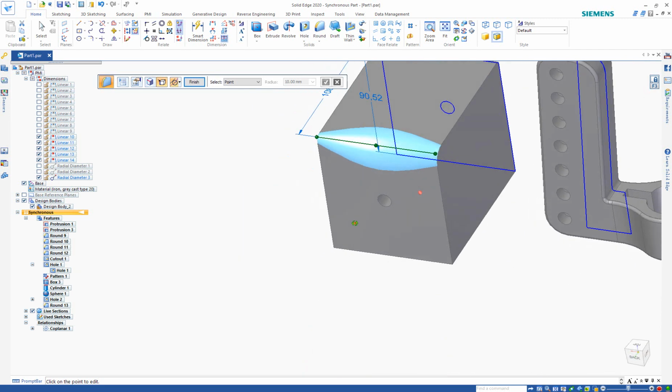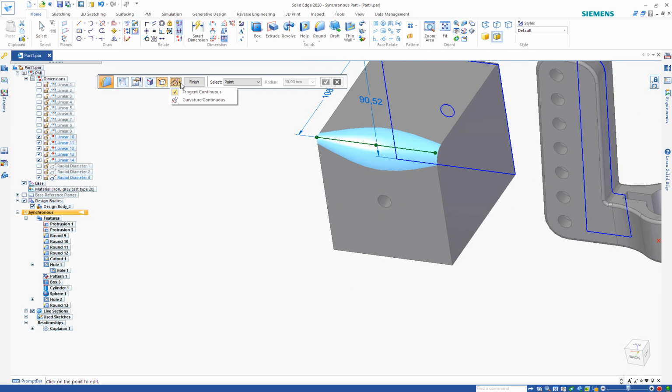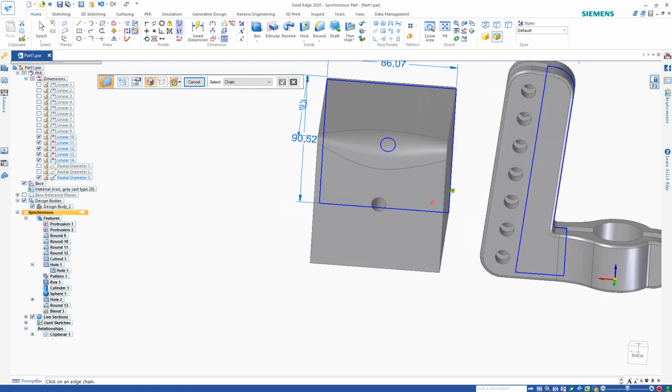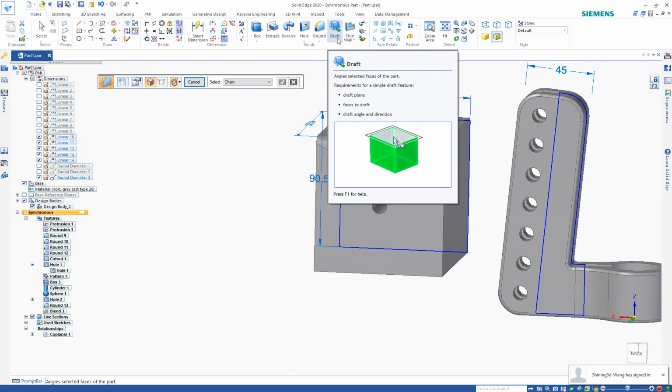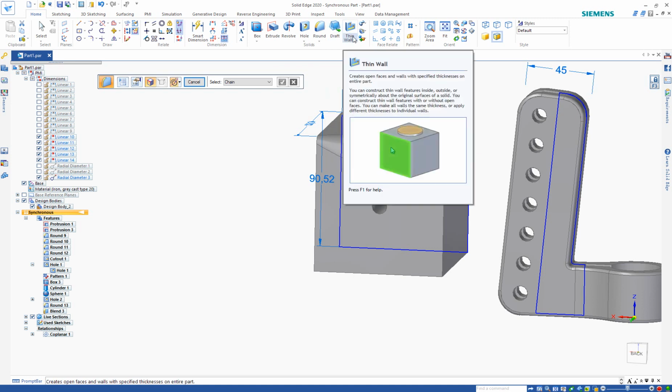Of course, you can choose the two sides to be tangent to the surface, or to do a curvature continuous. So this is a blend. And of course, we have normal draft functions that you need for casting models, or just adding a draft. Or you can do thin wall. Like you can see, just choose your open surface and it will turn the full model into a thin wall